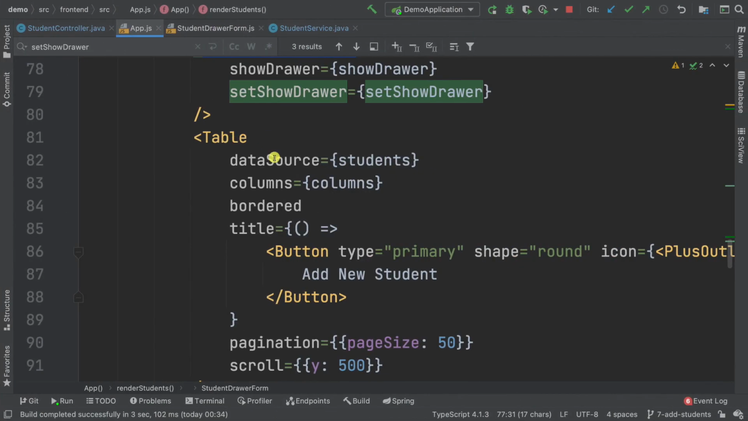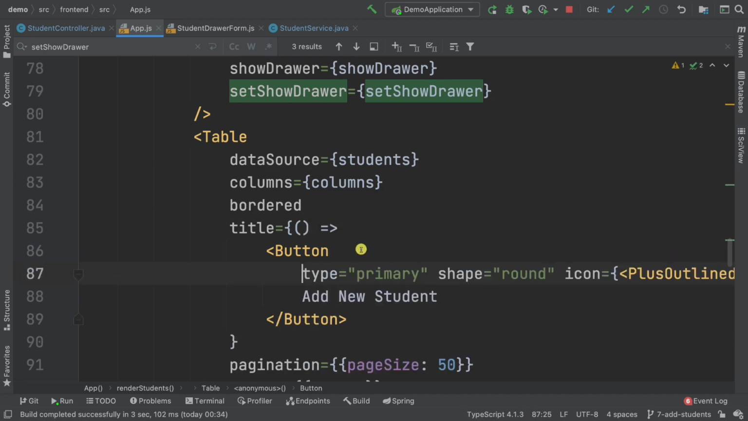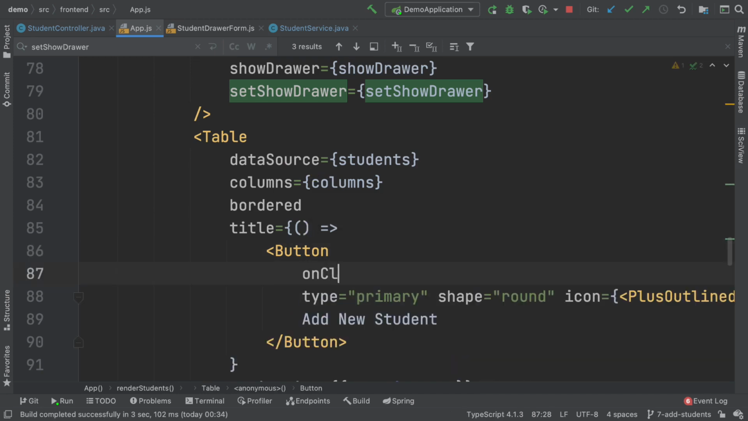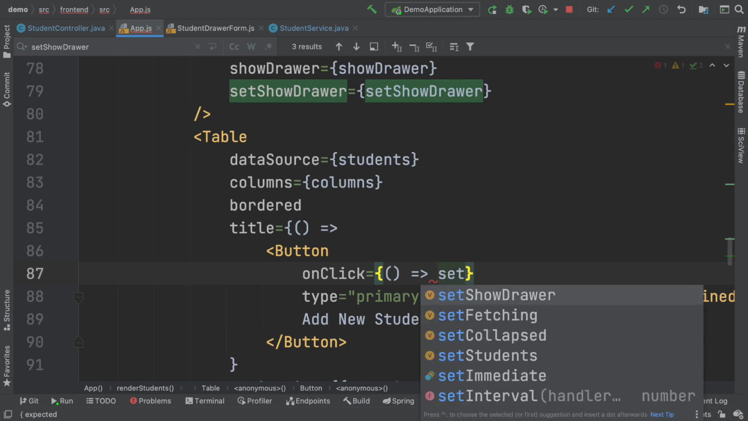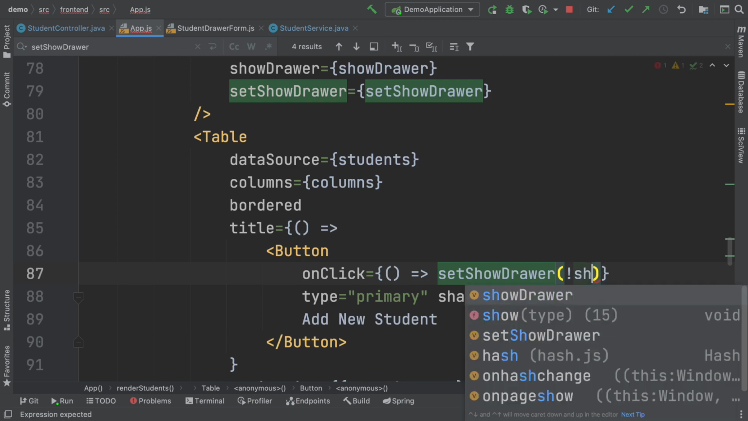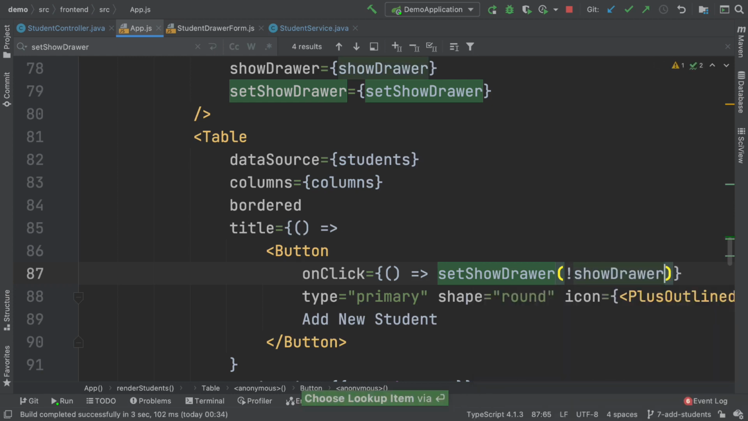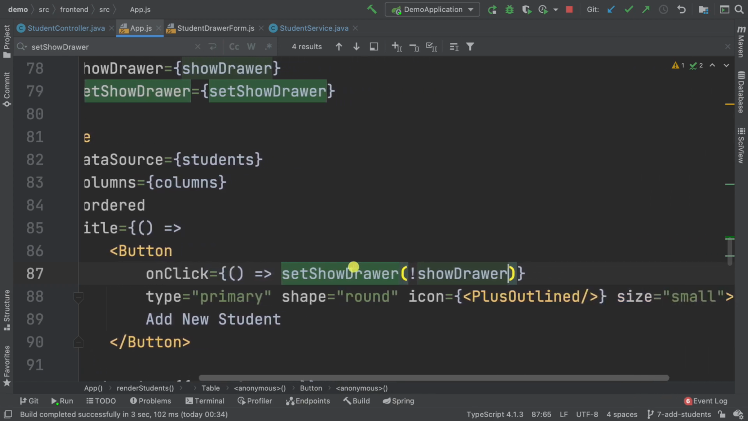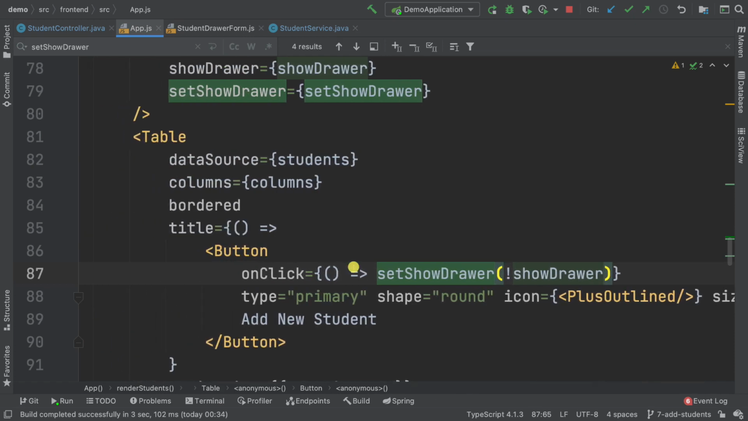So here, let me go back, and what we're going to do is very simple. In here on a new line, I'm going to say onClick equals a function, and this function will call setShowDrawer, and inside we're going to reverse whatever is the value of showDrawer. If it is false, we'll set it to true. If it's true, it will be set to false. And to be honest, this is it. So if I save this